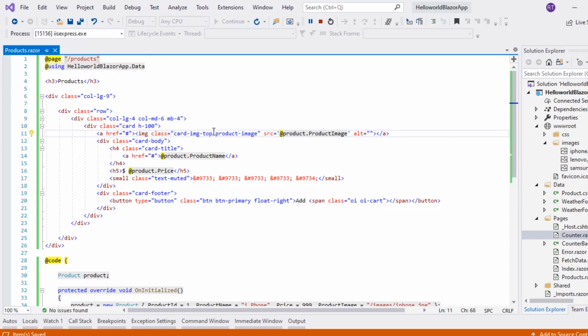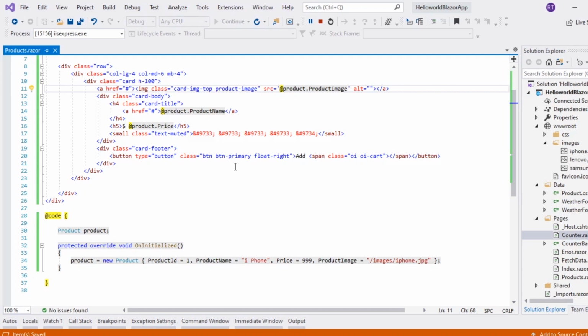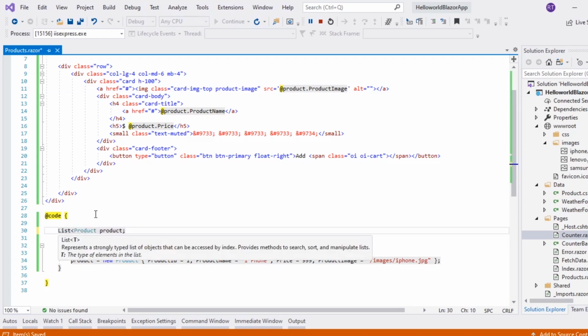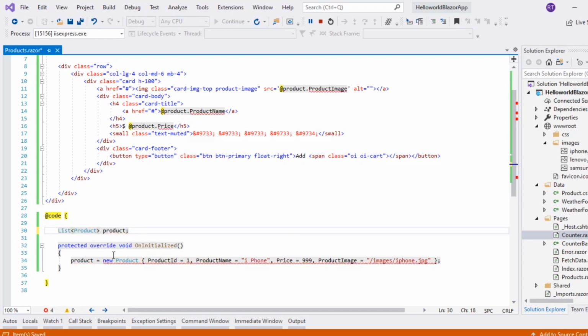Now, once I have this information, I want to change this to a list of products. We'll see how we can use existing code to change it to a list. I'll name this a list of products, and then I'll call this Product p1 equal to. Similarly, I'll grab the other data that I have handy.